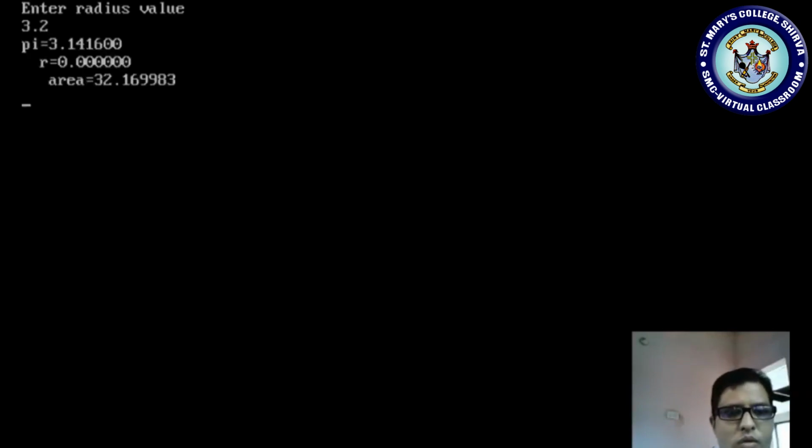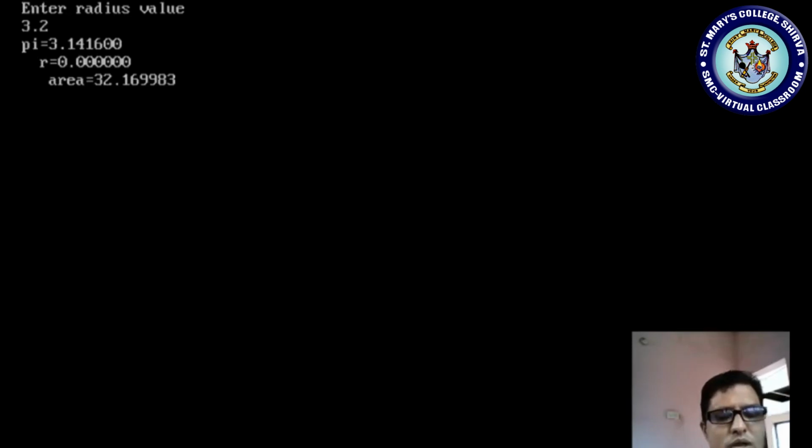Let me check 3.2. Your radius is giving wrong. We have to check whether pi value 3.1416 is correct. Radius R is giving wrong. Area is giving correct.